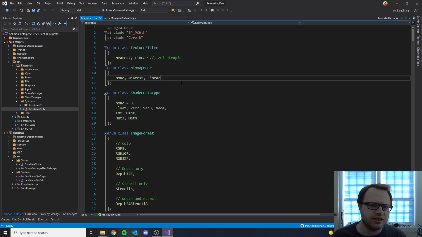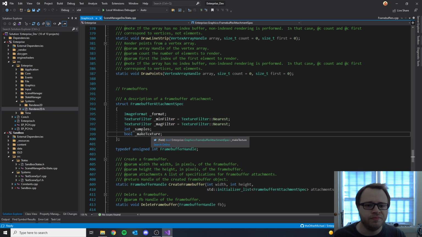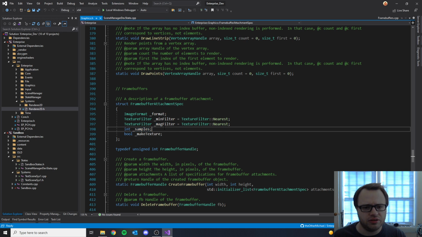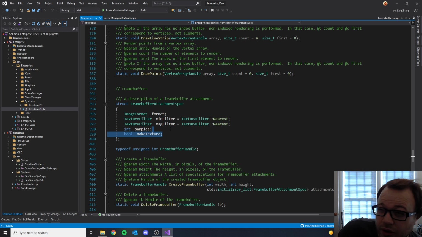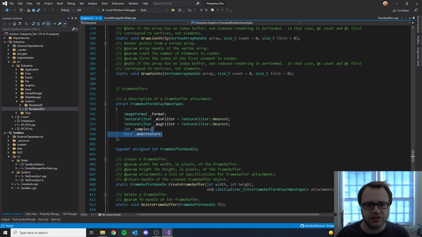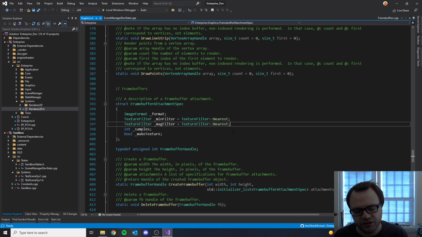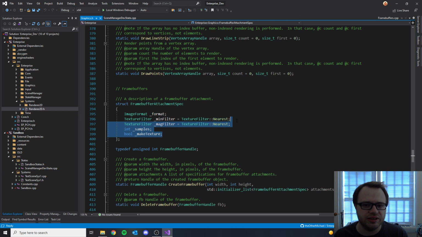Then there's the texture filter, which is the same texture filter modes that we'll have for regular textures. And then there's the samples, the number of samples you'll need, and then a Boolean to decide whether this will be a texture or a render buffer. The difference being that a texture is formatted in such a way that it is easy to sample and use in your shaders. A render buffer is just in the raw, unprocessed, behind-the-scenes implementation dependent format,